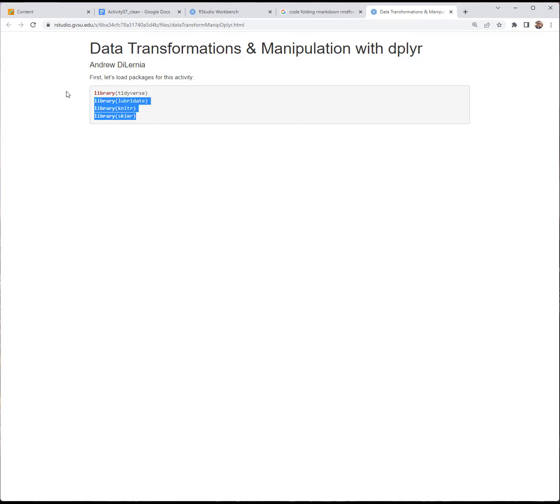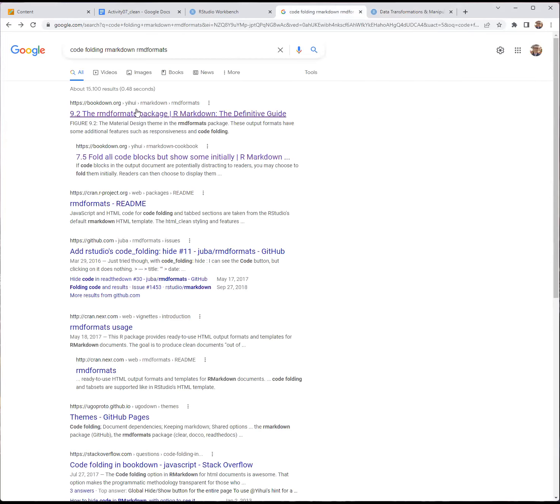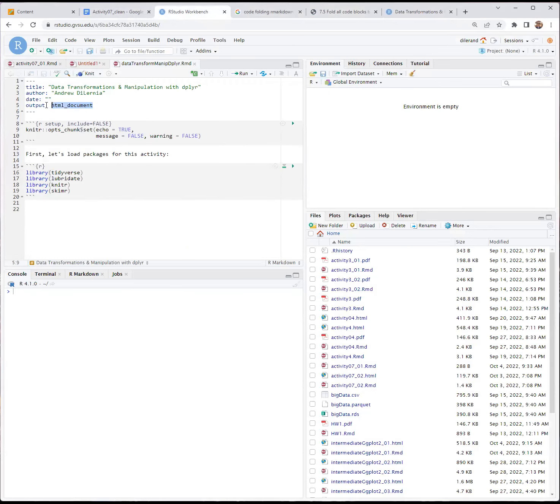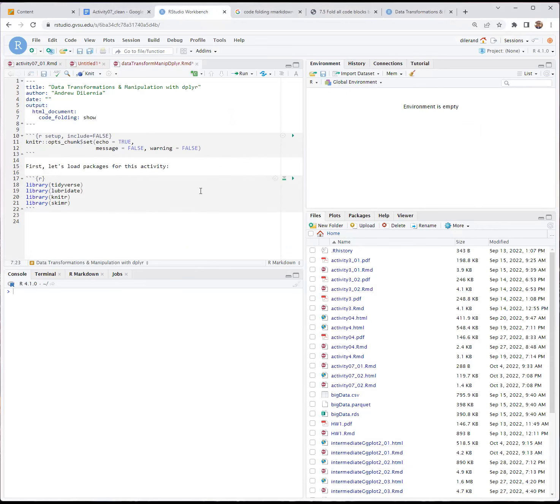But for those who want to knit to HTML, an option using what's called code folding is right here. So you can copy this and replace the output part of the document here. Okay. And if we knit this,